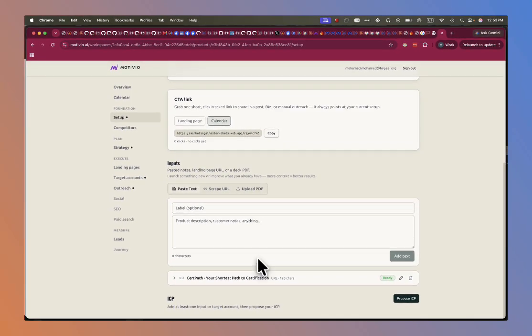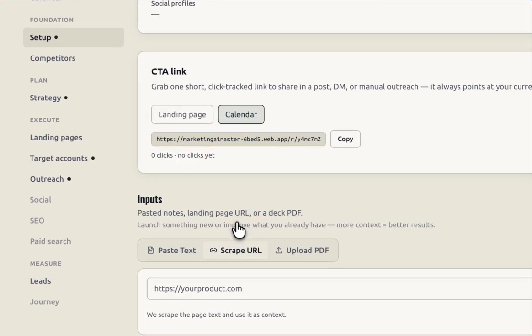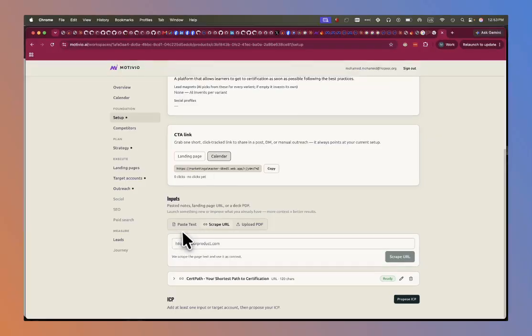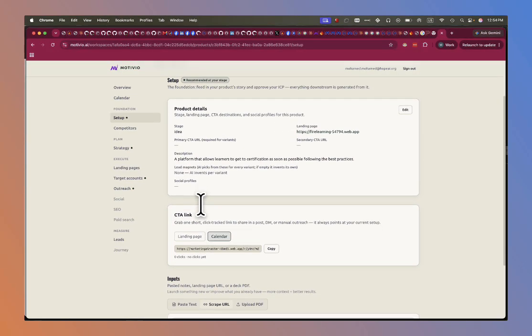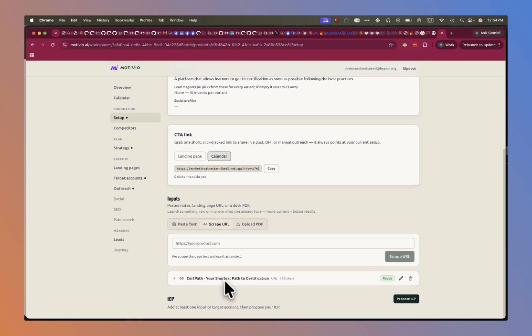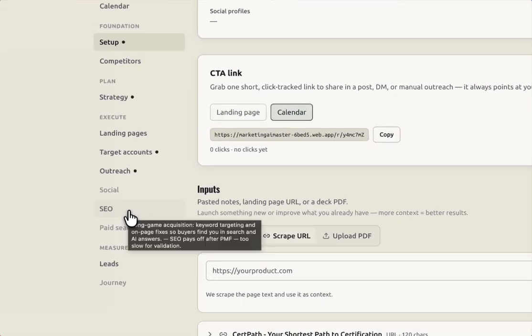cancel. So if I want to add any other stuff, I can either scrape a URL, upload a PDF, or paste the text that describes my product. This information would be used by the AI in order to fine-tune my recommendations. So based on the landing page or the URL that I had, I already have something that I can look at,